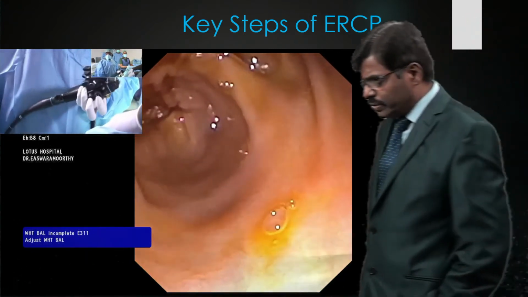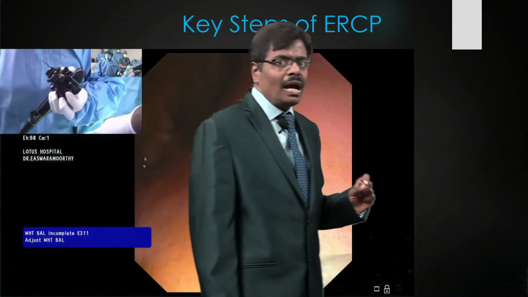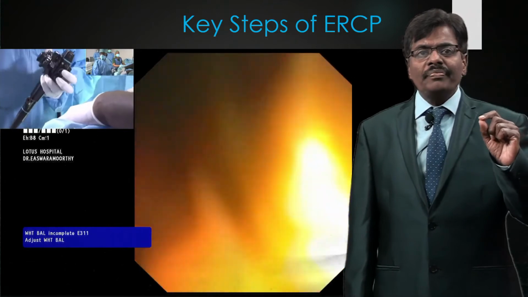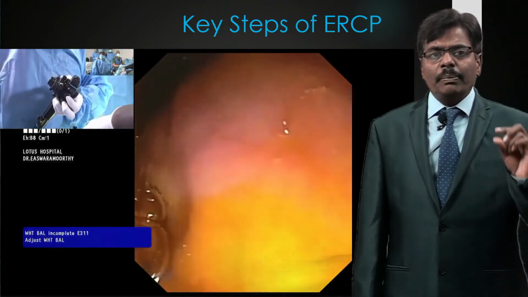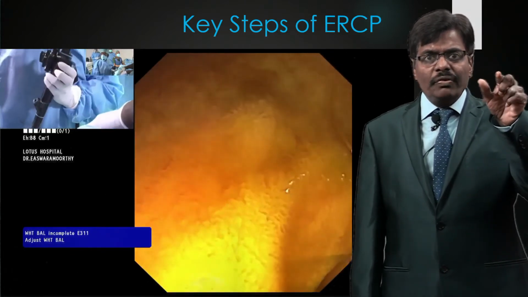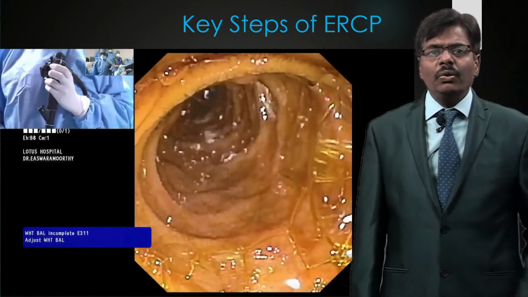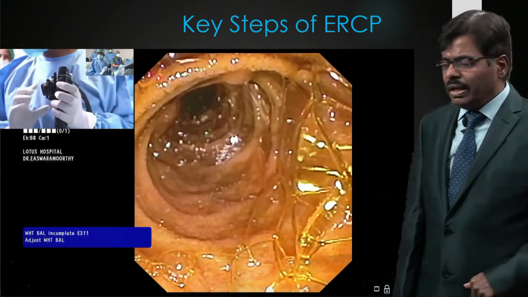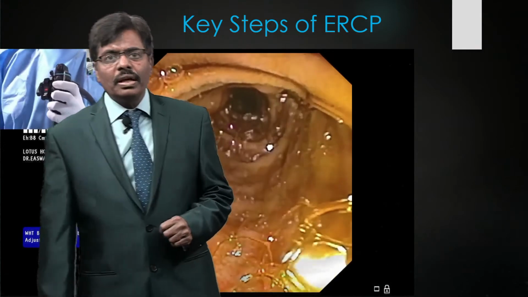You can see the pylorus there, and you see what we call a sunset appearance. In other words, the pylorus should come more or less at 6 o'clock. If you treat my monitor like a clock, you will see the pylorus, the round thing. Now we have just entered the pylorus. We are going from D1 to D2, the superior duodenal angle. There I just lock the small wheel, turning it away from me, then push the scope further,